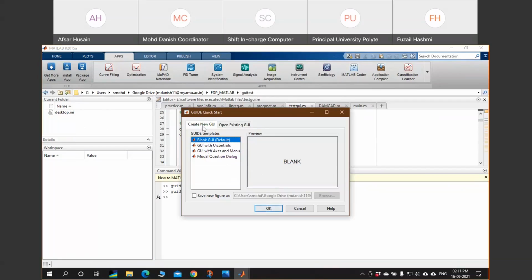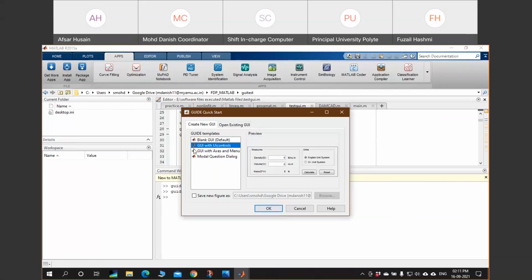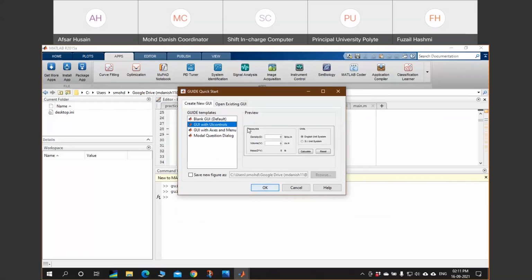So I was explaining this menu, the guide templates. Blank is like building the software or an application from scratch. Second is GUI with UI controls, which is a graphical user interface with user interface controls. Here you can see a preview of this template to the right.